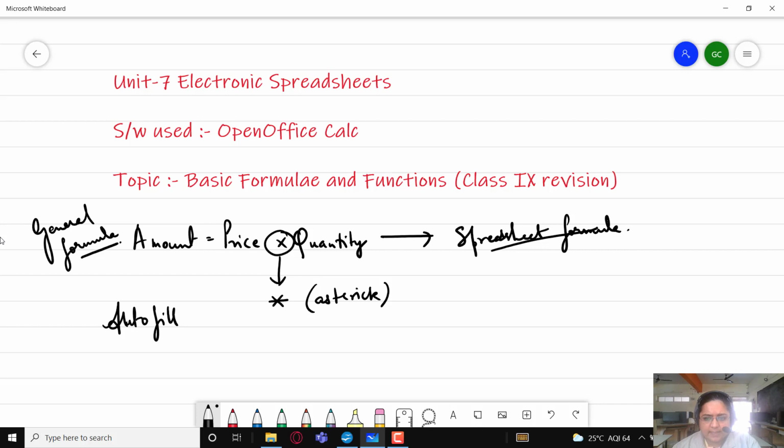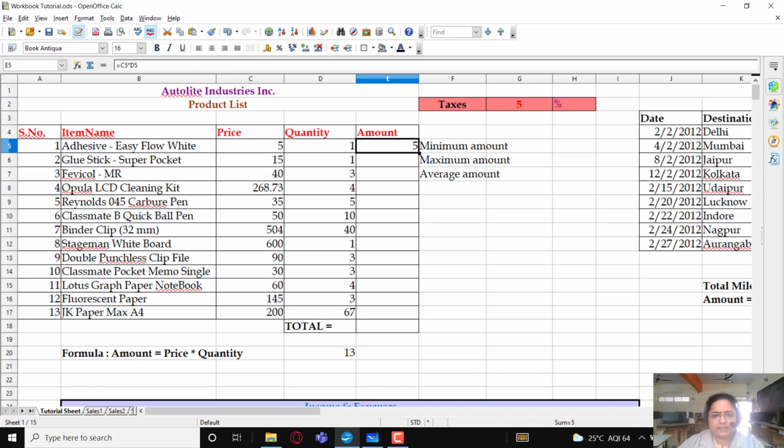You might have noticed that if you select a particular cell, it has a black colored square at its bottom right corner, which is known as the fill handle. If we just drag this fill handle down, it automatically copies the formula in all the cells. If I click on this fill handle, you can see the mouse pointer is turning into a plus sign. You drag it down and the formula extends to all the rows, and it calculates the values.